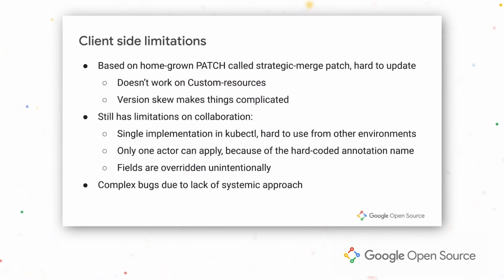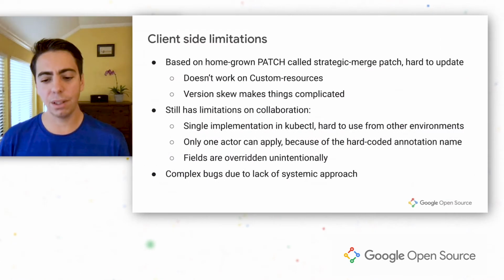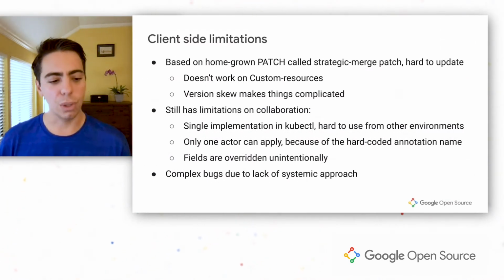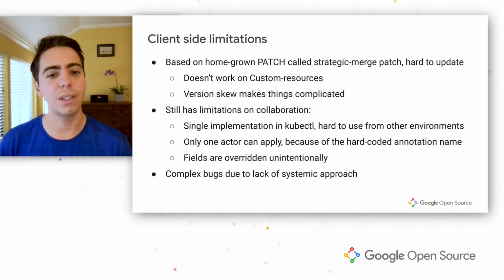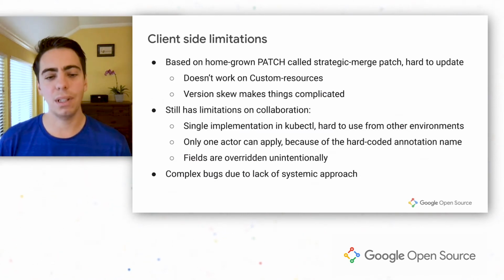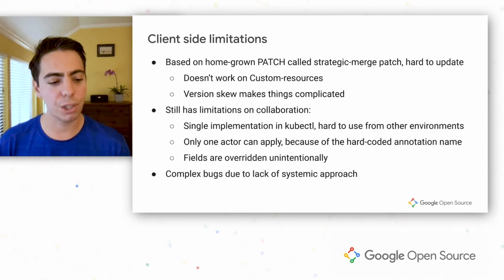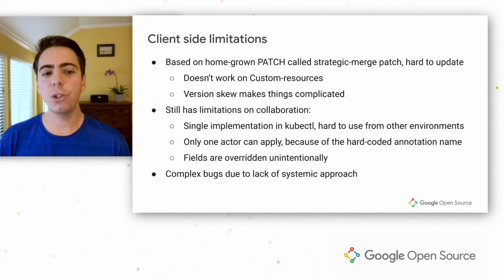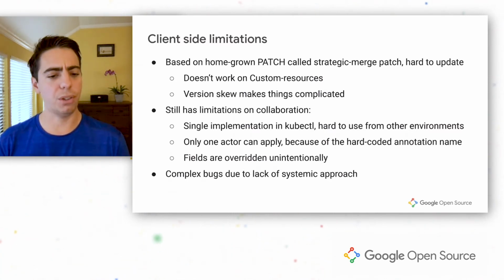All of that sounds good, but obviously there are limitations with this system. The patch that we use to send to Kubernetes has been made by the Kubernetes community as the needs were coming. We made it in a very homegrown way without thinking about all the problems we could have with that. And obviously we missed many use cases, and it became insanely hard to update. So one of the problems with the patch strategy that we created, which is called a strategic merge patch, is that if we need to make an update to it, we don't have a way to version the strategy. So if we update the client, then we also need to update the server,